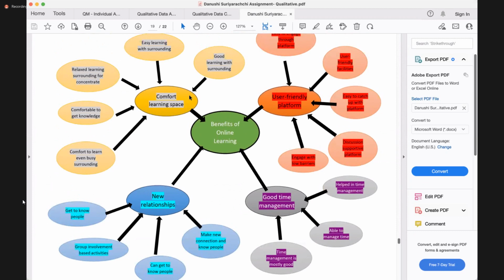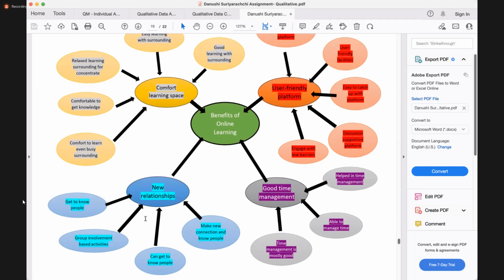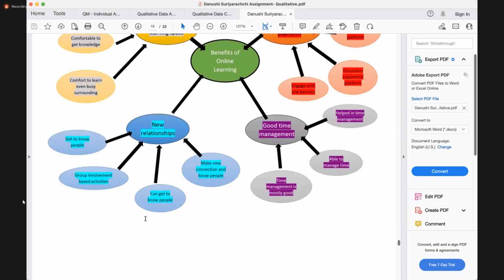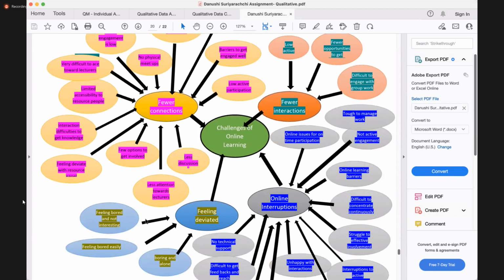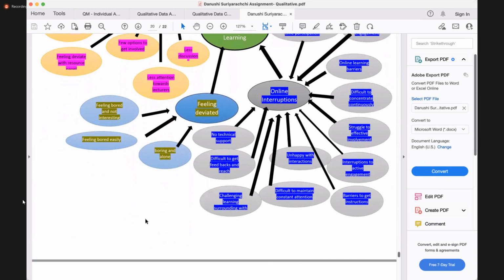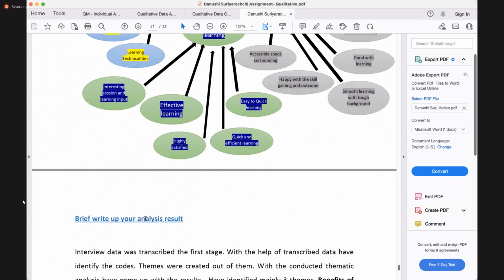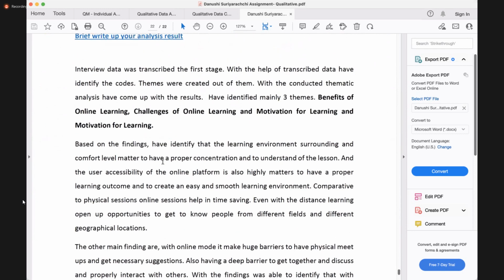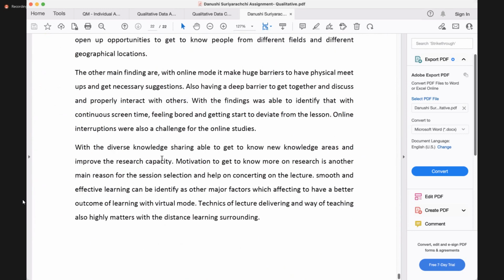The main theme, the sub-themes, and the codes that have been identified under each of those sub-themes. Same way for the other 2 themes as well. And this is then the write-up, brief write-up. So that's another example.